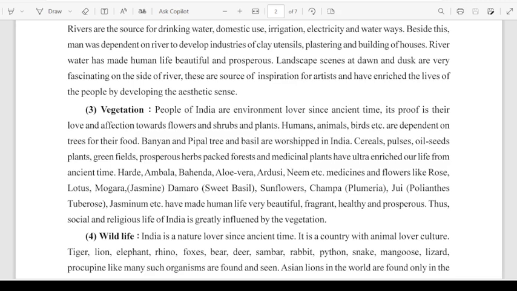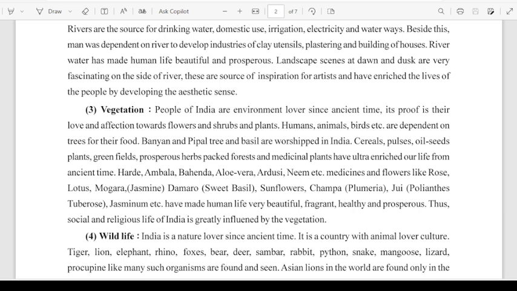Vegetation. People of India have been environment lovers since ancient times. Its proof is their love and affection towards flowers, shrubs and plants. Humans, animals, birds, etc. are dependent on trees for their food. Banyan, peepal and basil are worshipped in India. Cereals, pulses, oilseed plants, green fields, prosperous herbs, packed forests, and medicinal plants have enriched our life from ancient